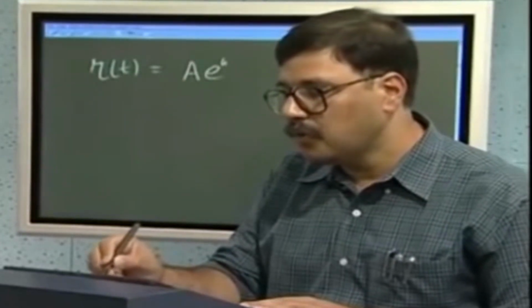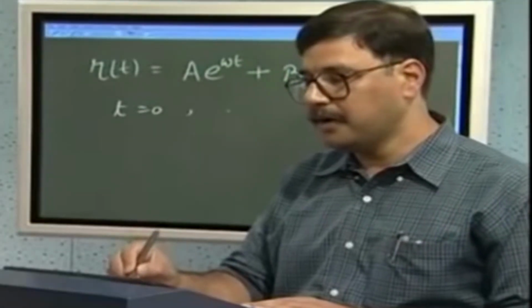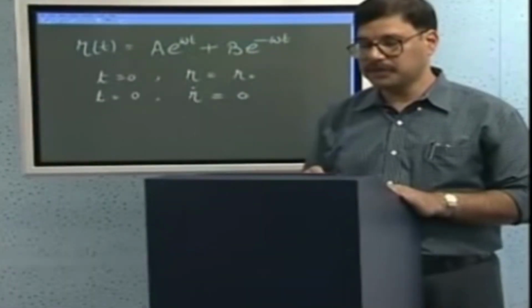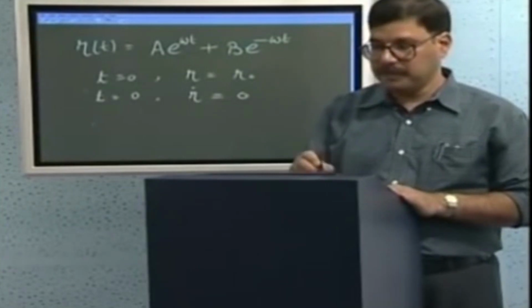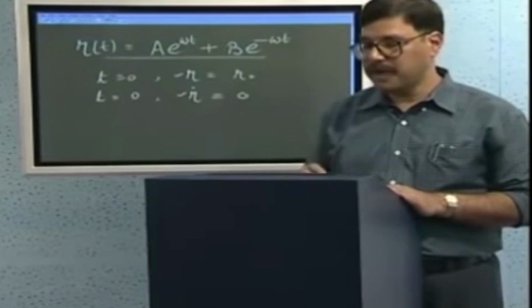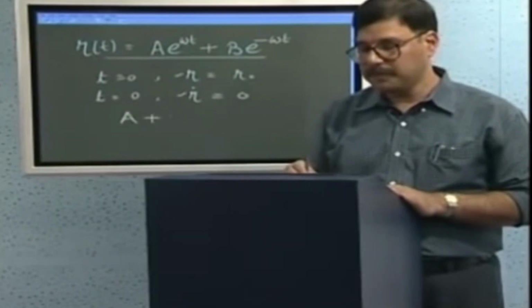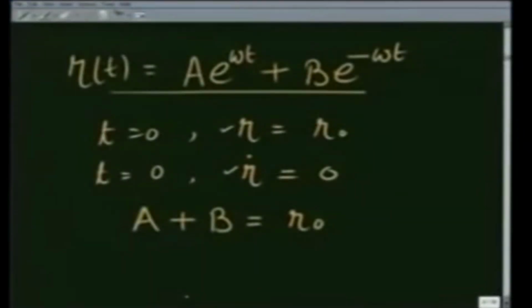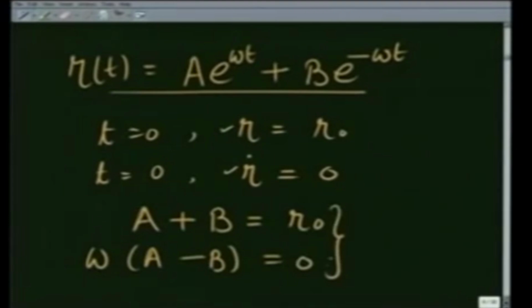So, the solution r as a function of time is a e raised to omega t plus b e raised to minus omega t, and if I am given that at t equal to 0 the particle is at some initial position r0, and suppose it was not moving in the r direction, so that r dot was equal to 0, then I have, writing these quantities from this equation at t equal to 0, a plus b is equal to r0, and if I take the derivative, omega times a minus b is equal to 0, and these two equations give me